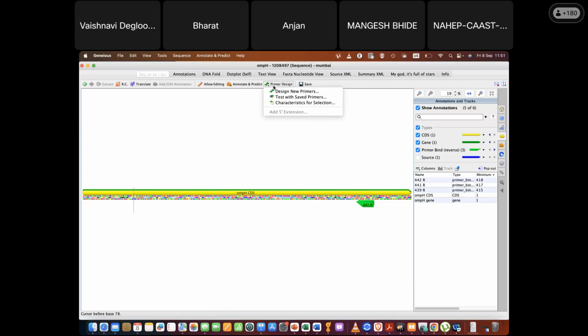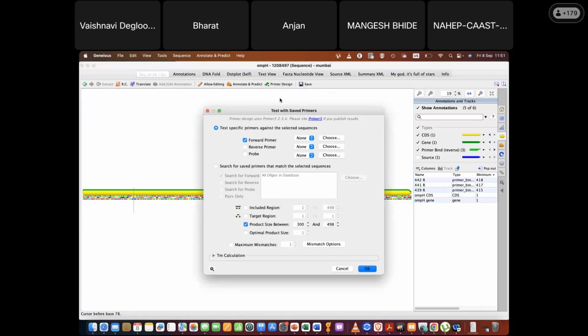Now we want to test the primer from the publication, so this is test with saved primer or test with published primer. I will click whether this primer is forward or reverse. So I will keep forward,